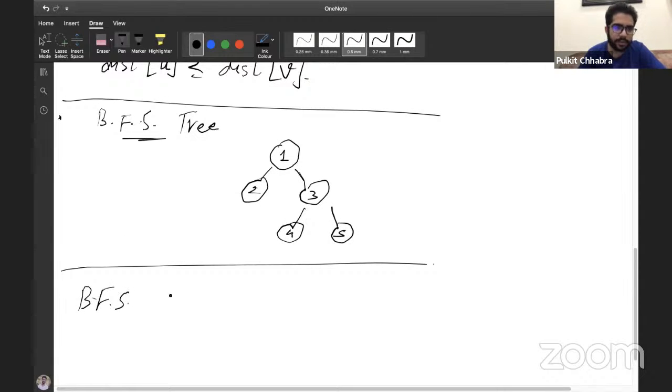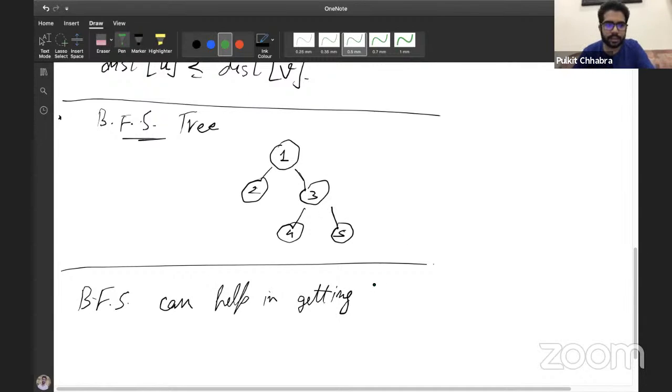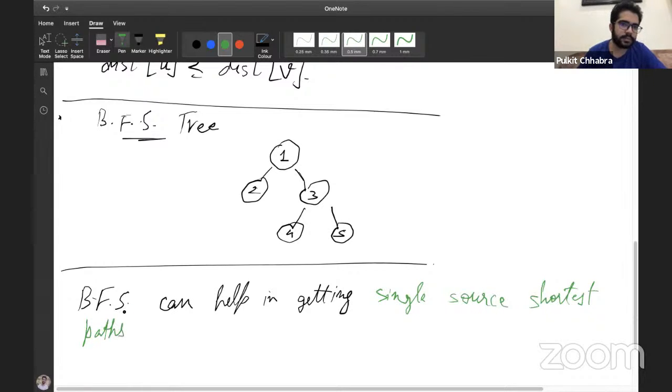BFS can help in getting single source shortest paths for unweighted graphs, sorry, not undirected, for unweighted graphs, right?